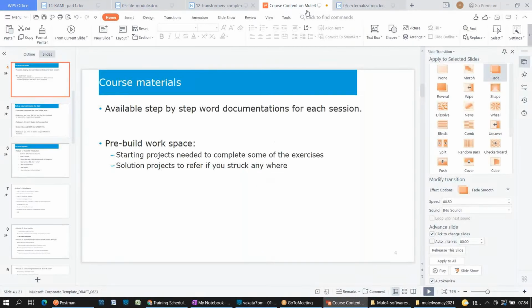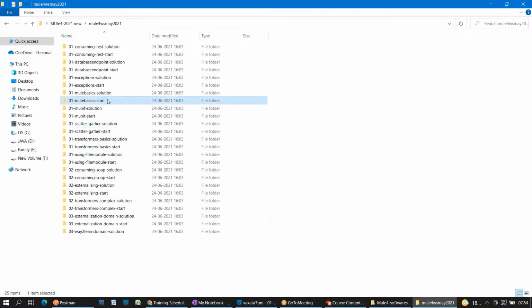Any questions, please? Hey Sujit, sorry, I think maybe I missed it. You see that there are two folders, right? One is start and another one is solution. Exactly. The start is an empty project. Only by reading the document, you need to start practicing in that. The solution project, I have given for my requirement. You can go and refer to that if you get stuck somewhere while practicing. Thank you.